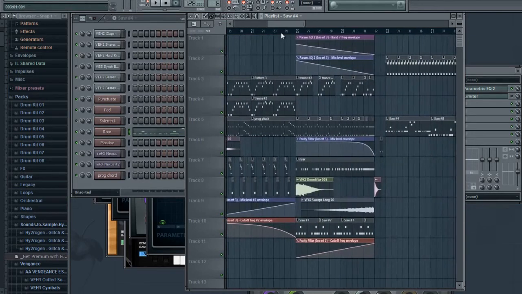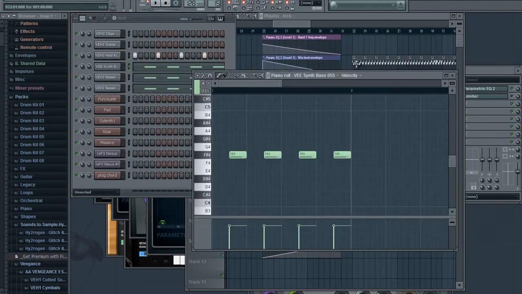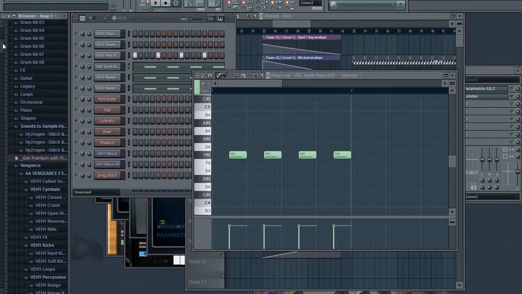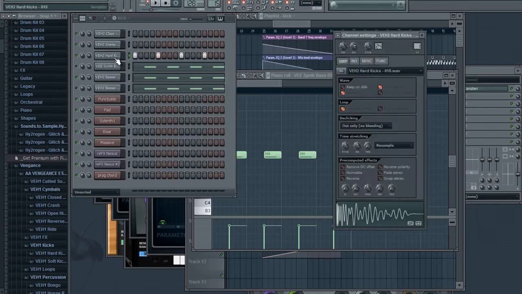So basically, let's just start with a kick bass. If you don't have external sound packs, you really need to get some. Vengeance Essentials, Wicked, they're the ones I've got. So for the hard kick,